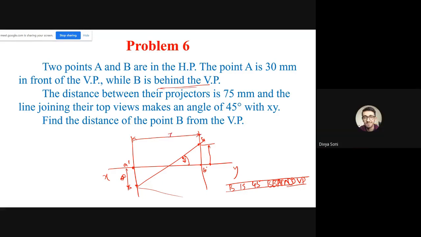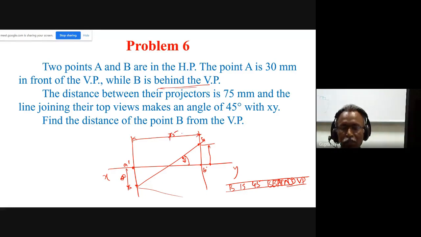Projectors. 75. Okay, so that completes the problem. So this is the way we have to do it. And here also you have to show whatever is asked in the figure, and also you have to write it. Both are needed. Data is to be given, data is to be shown, and the result also you have to show in the figure and also write in print. Is it clear?